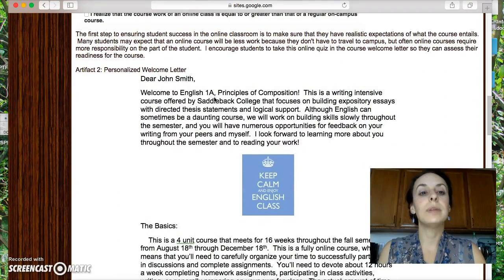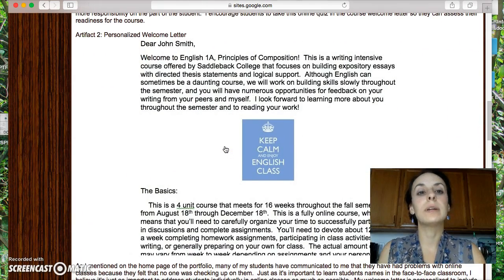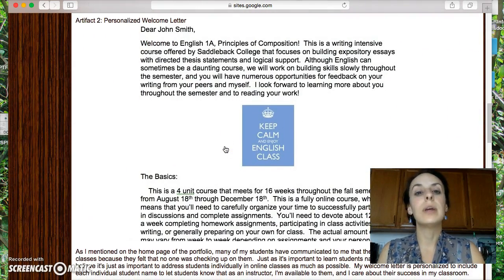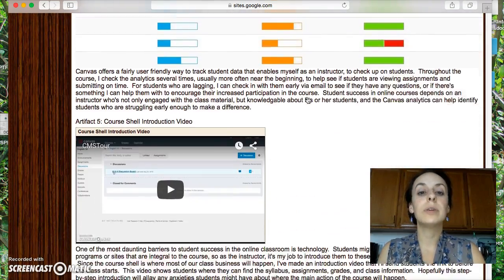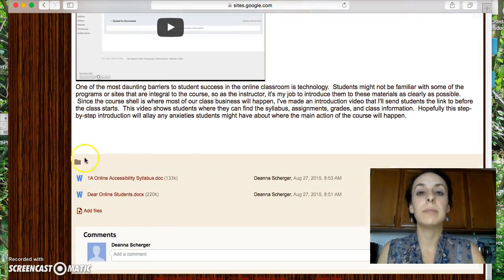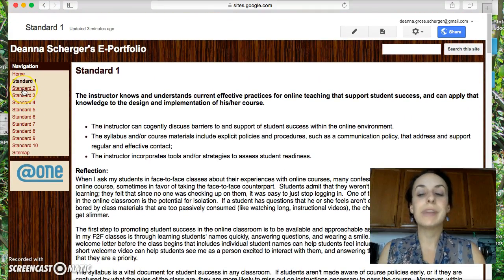So you can see that mostly I might have a link or a screenshot to illustrate the standards, or a video. If you see a screenshot of a document, I've also included the entire document at the bottom of the page in the Files section, so you'll be able to download the entire document and look at it more thoroughly there as well. So that's my tour of my ePortfolio site, and I hope you enjoy the materials,